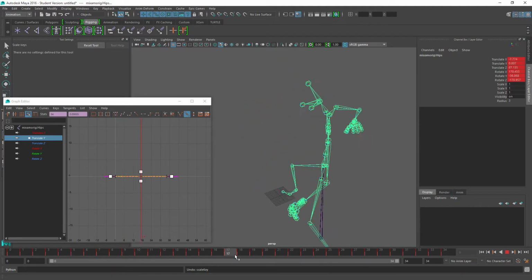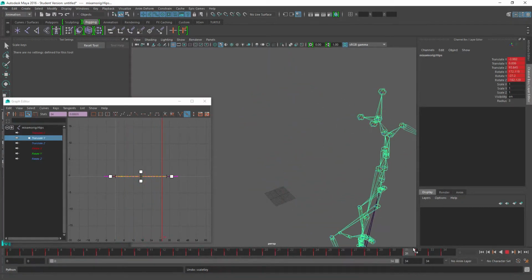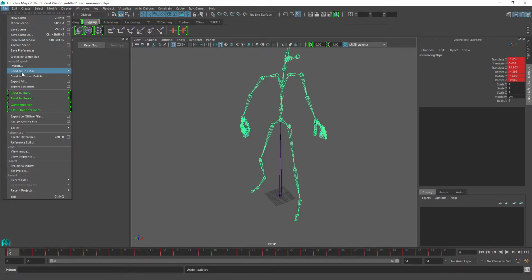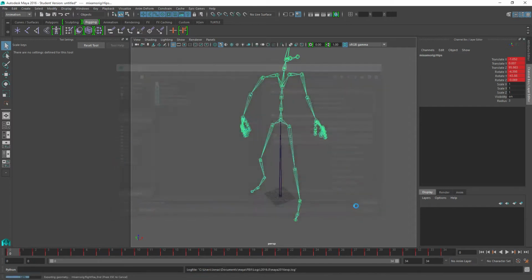Anyway, make sure that it's only moving this way. So now we will have a root that will follow our character, so it's going to stay underneath us. I'm pretty satisfied with this, so I'm just going to proceed and export this one. I want to keep this in the same folder as the rest of the animations, and I'm going to call this one stand, cover. And this one I will call root motion because I will be using root motion for this one. So just export this one,